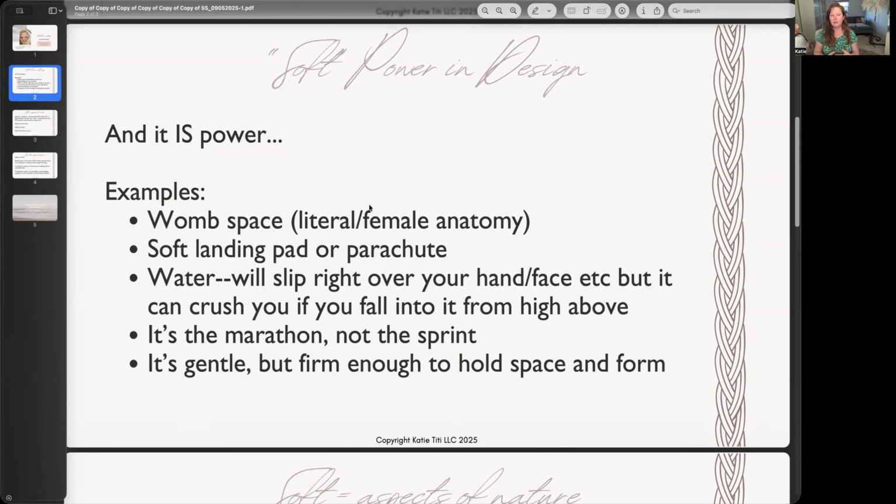Another example would be a soft landing pad or a parachute. Certainly comes in more than handy if you are flying around in the air and you need a way to safely get to land. It can be life saving, and that is also extremely powerful to consider. And this following one is a bit morbid, but I want to really demonstrate the point here. Water will slip right over your hand when you're washing your hands or your face. But it could crush you if you're falling into it from high above. Like if you were in the air and you had no parachute and you're falling,